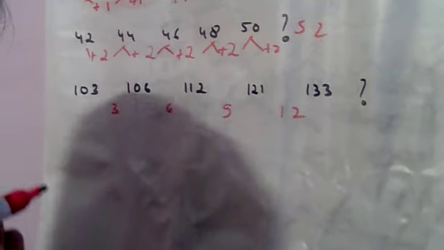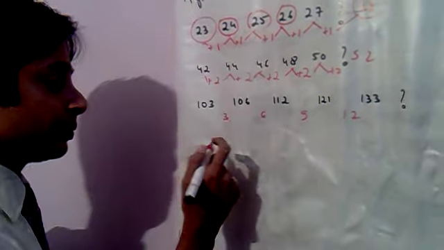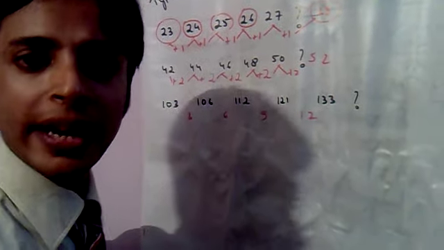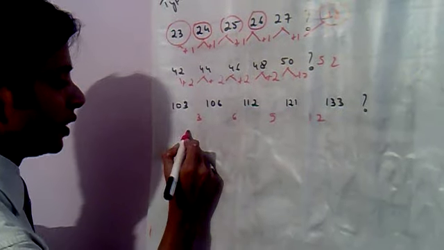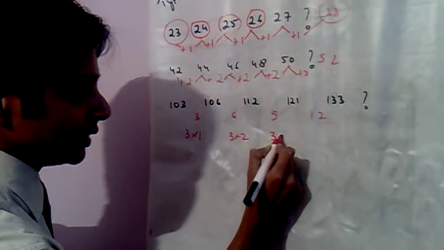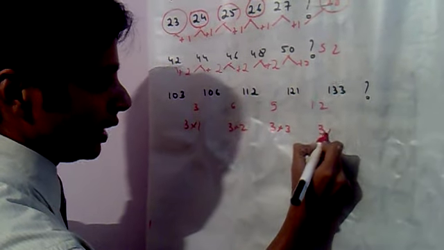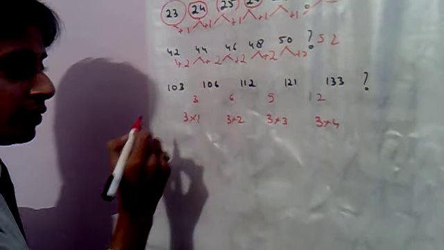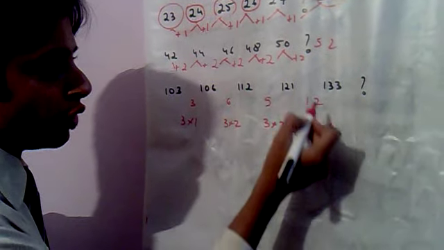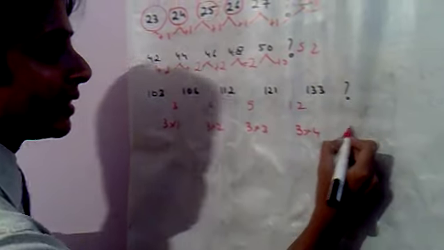That is, the progression is that every time a 3 is added to the difference. Or to put it very simply, this is a table of 3 that is going on in the difference. That is, 3 ones are 3, 3 twos are 6, 3 threes are 9, 3 fours are 12, and next is 3 fives are